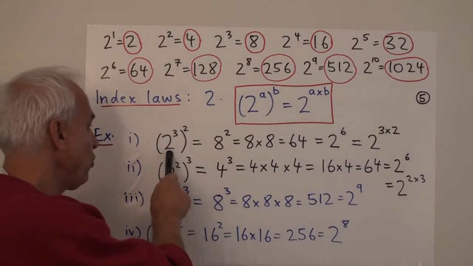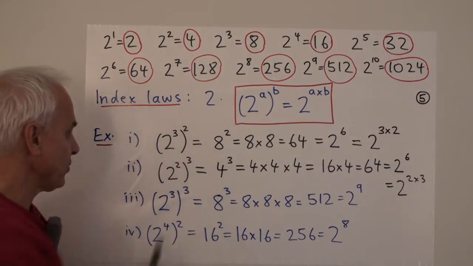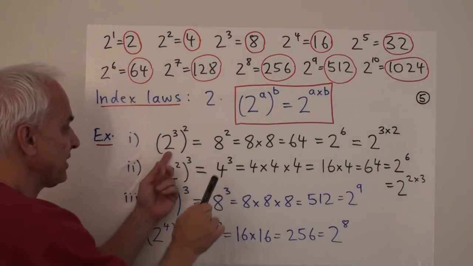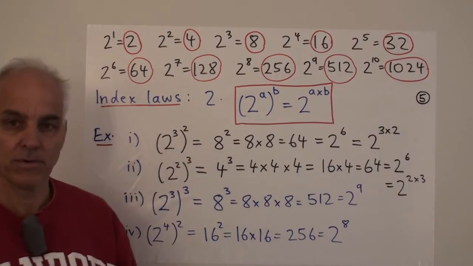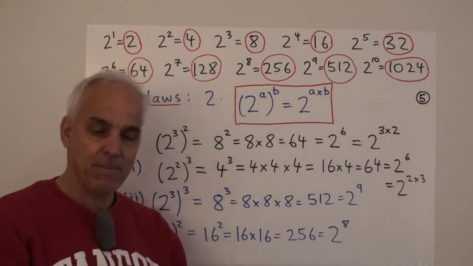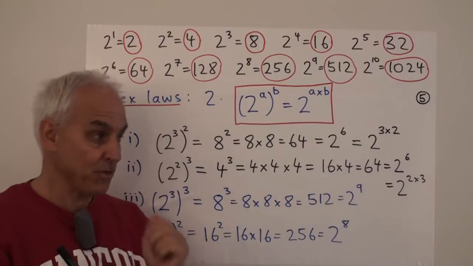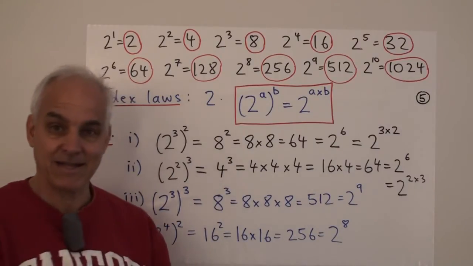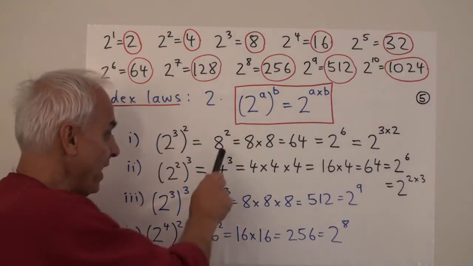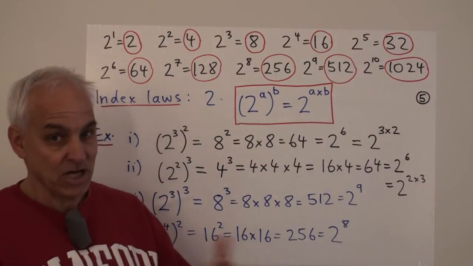So let's have a look at 2 cubed all to the power 2. So inside the bracket is 2 cubed. What is 2 cubed? It's 8. So this is the same as 8 to the power of 2. And what does it mean when we take something to the power of 2? It means we're squaring it. We're multiplying it by itself. There's 2 copies that are being multiplied together. Not added, multiplied. All right, so 8 squared is 8 times 8, which is the number of squares on the chessboard. We've already seen that.